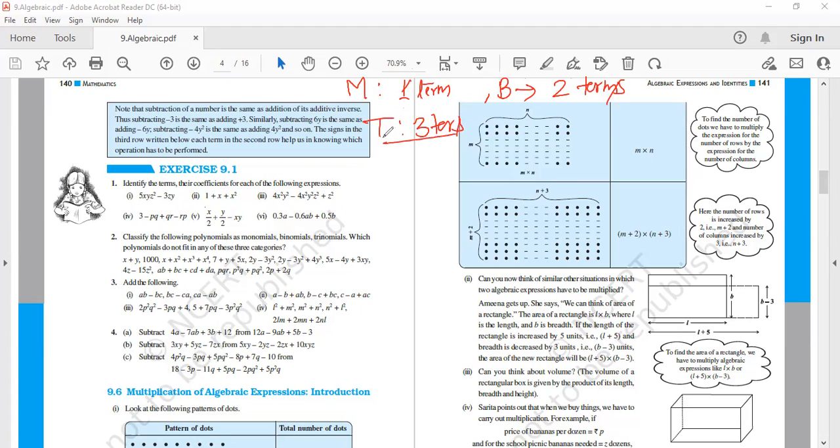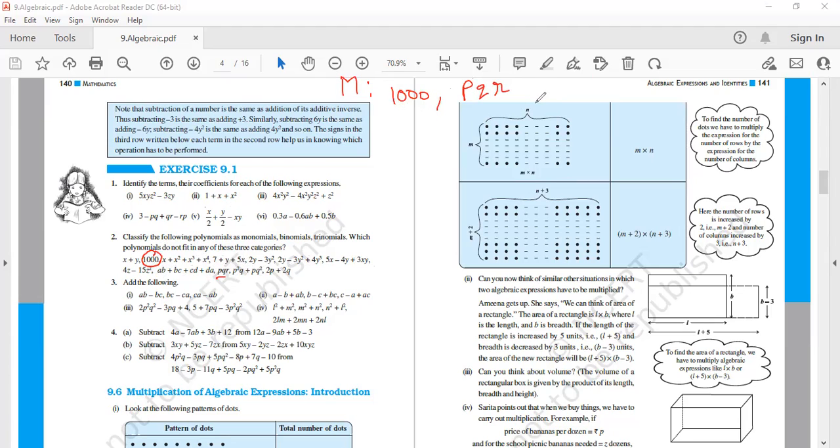So let us see which algebraic expression is a monomial, which is a binomial, which is a trinomial, and which does not belong to these three categories. Monomial means having a single term, that is this one, 1000. This is a constant polynomial. If there is no variable, it is known as a constant polynomial. And let us see more having only one term. That is pqr only, this one. This is also one term.